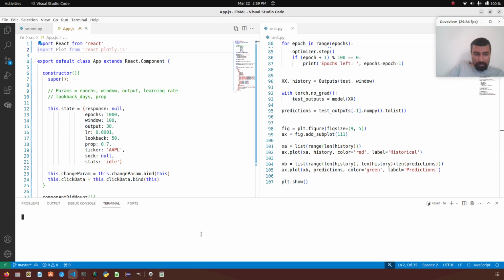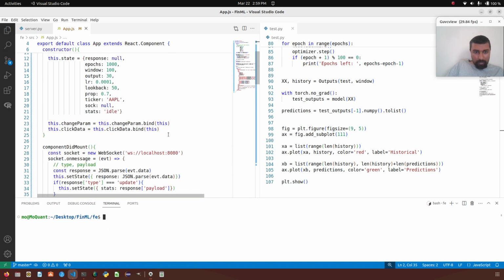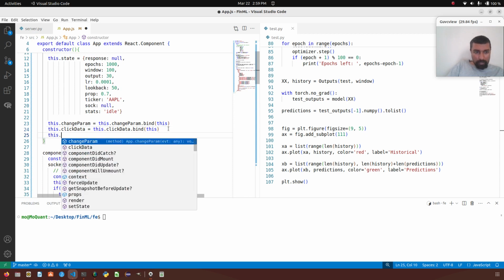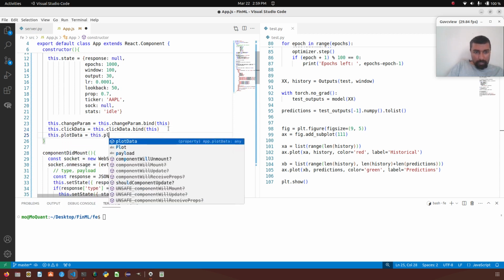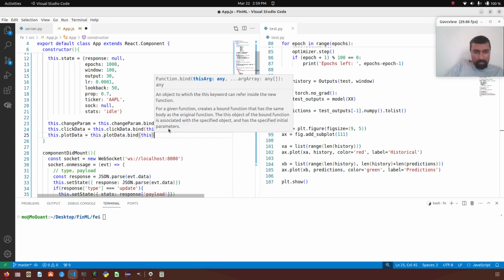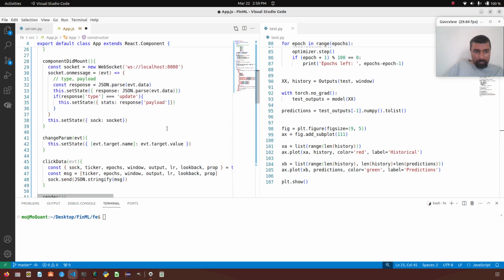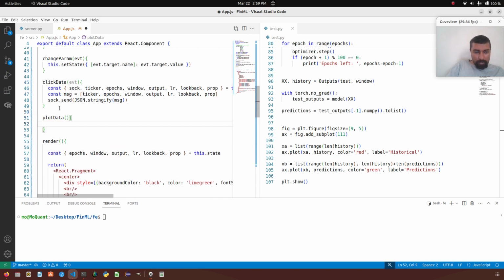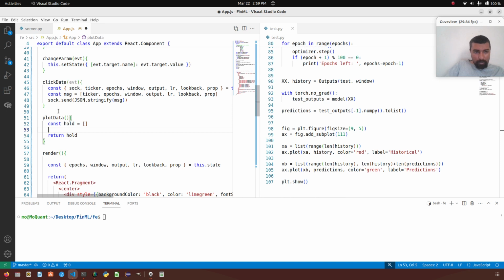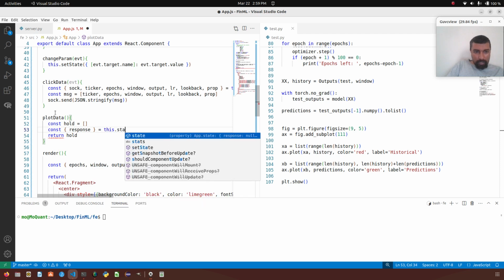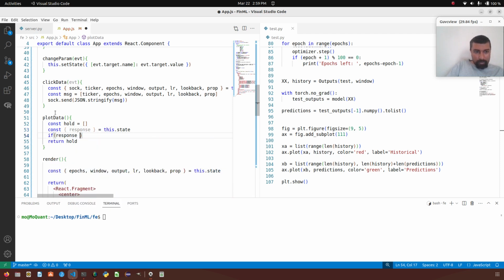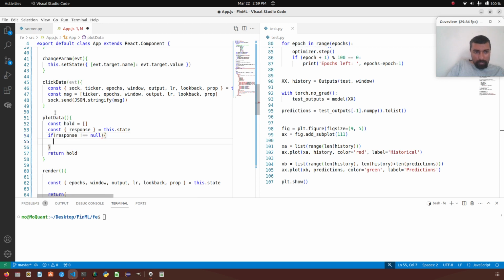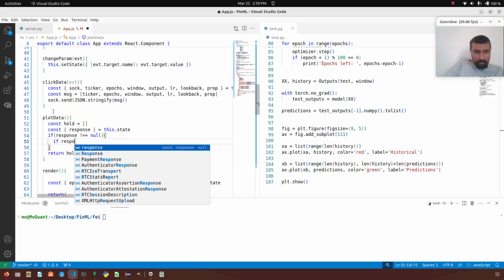Let me go ahead and reset this. So now I'm going to come here and create a function called this.plotData equals this.plotData.bind this, and I'm going to come up here and create the function plotData. So plotData, constant hold equals empty list and return hold. So const response equals this.state. So if response not equal to null, if response